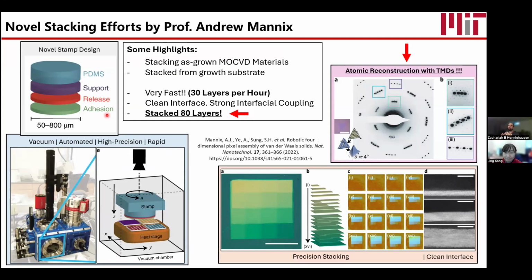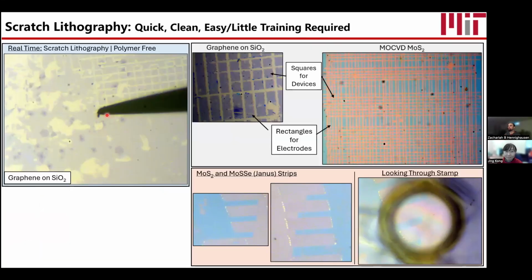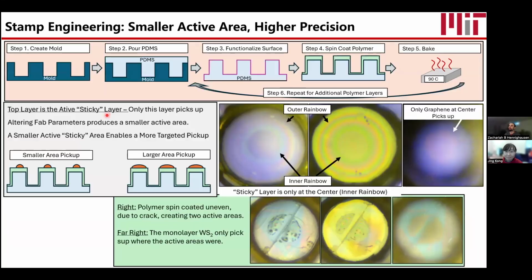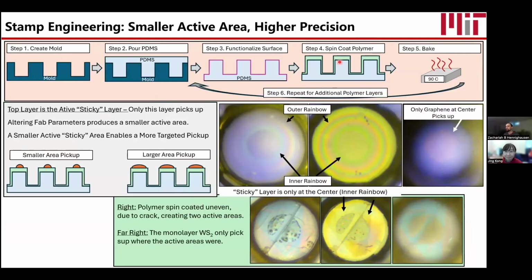You could try using polycarbonate bisphenol A, PC, which is what almost every group uses for exfoliated material. However, it doesn't spin coat. It only dissolves in chloroform, which is too volatile. Whereas PBZMA dissolves in anisole, and so it can spin coat. Spin coating, which I point out in some of the later slides, is the trick to engineering the stamps, so you need something that spin coats. Thank you for the question. Very good question.